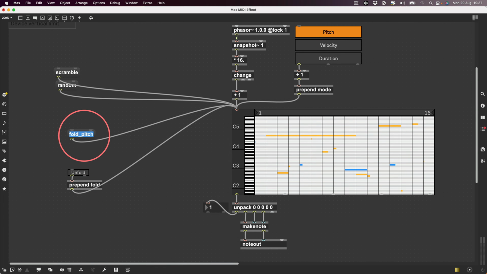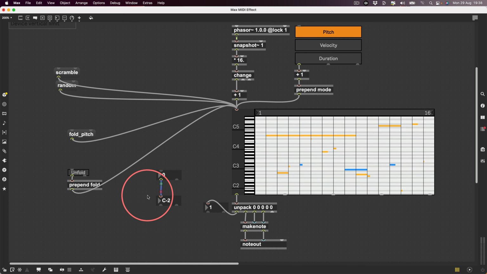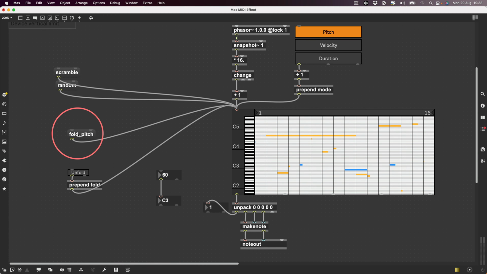It's a little bit of hardcore number crunching, because you have to know the MIDI note numbers of the scale you want to snap to. So, oh my God, this is going to be tricky. If I make an integer here and then create another integer, then right click, go to prototype and say MIDI, I can type in the number 60, and that's C3. Okay, so I can go fold pitch to 60,